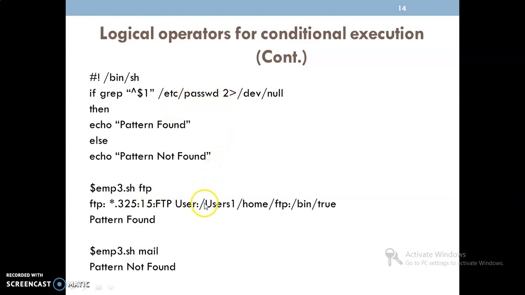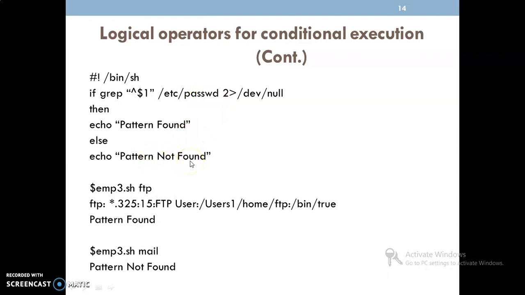If it exists, then pattern found is executed. If suppose, for example, I am passing one more pattern, that is mail, with respect to a particular file, and that does not exist in this path name, that is /etc/passwd, in this case the second part will be executed: pattern not found.